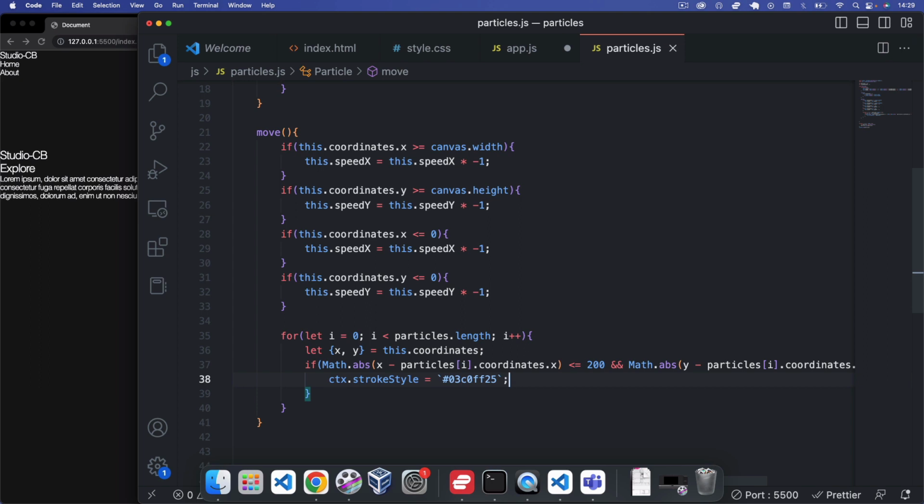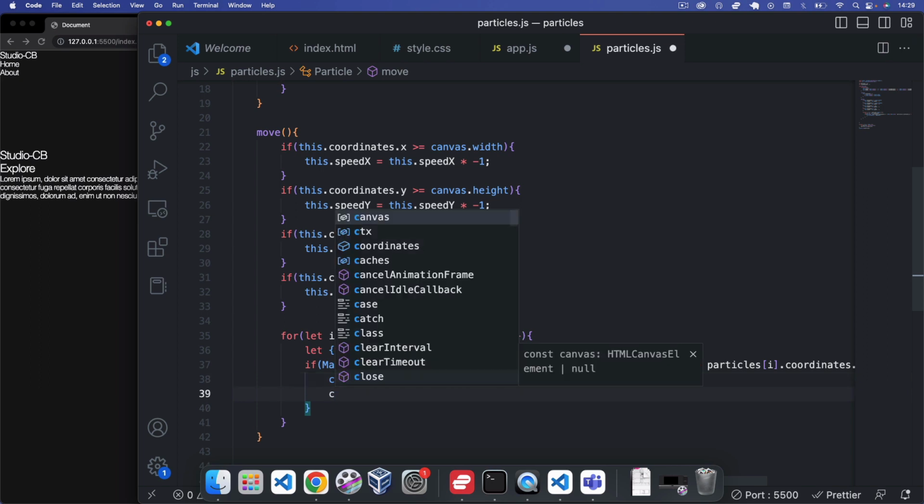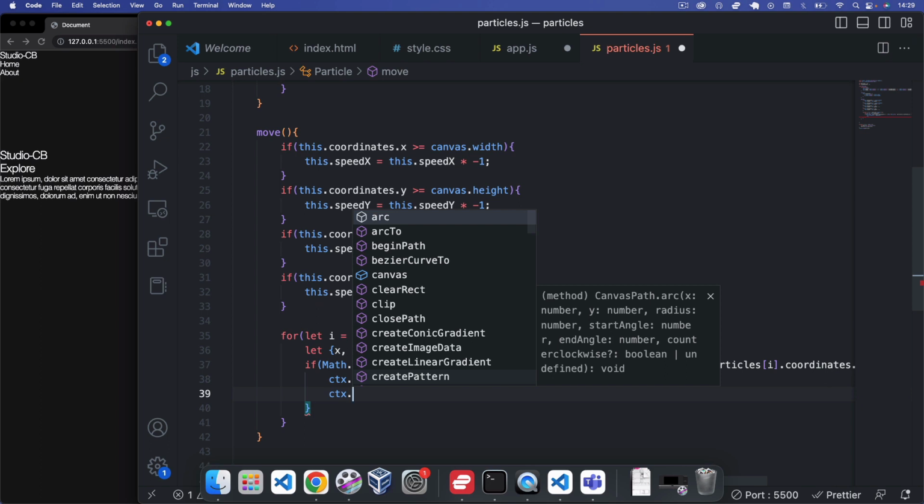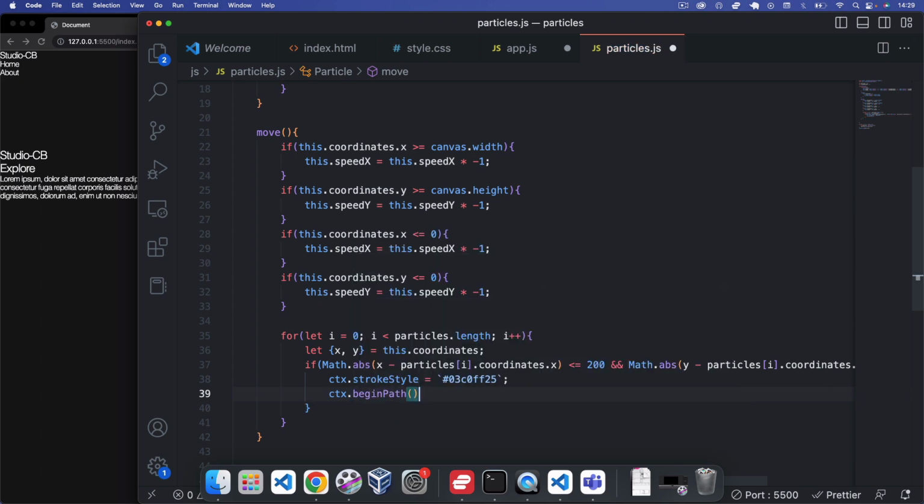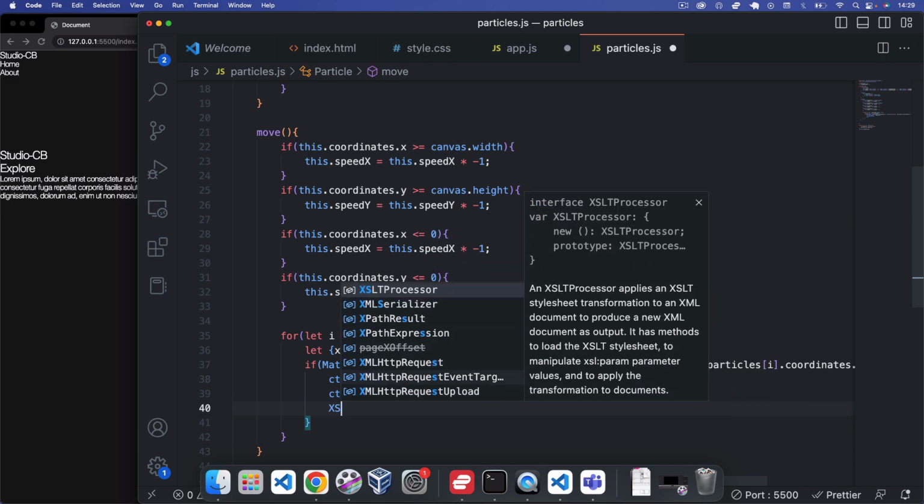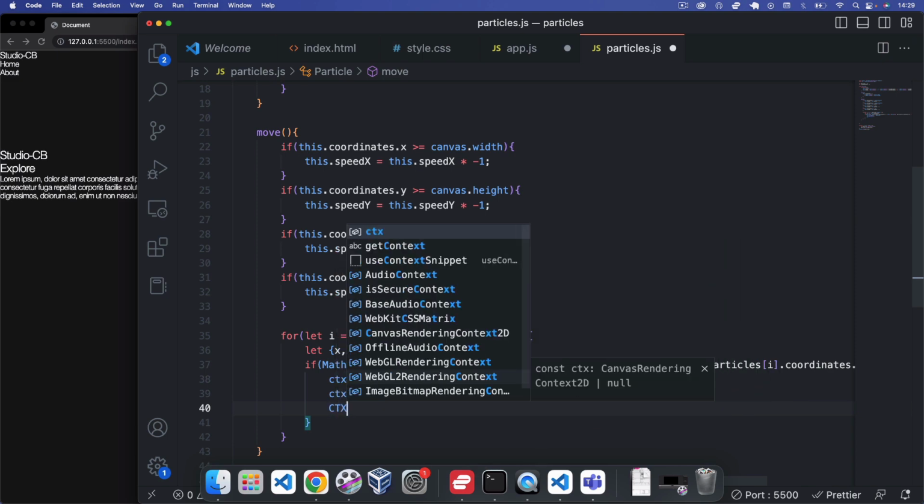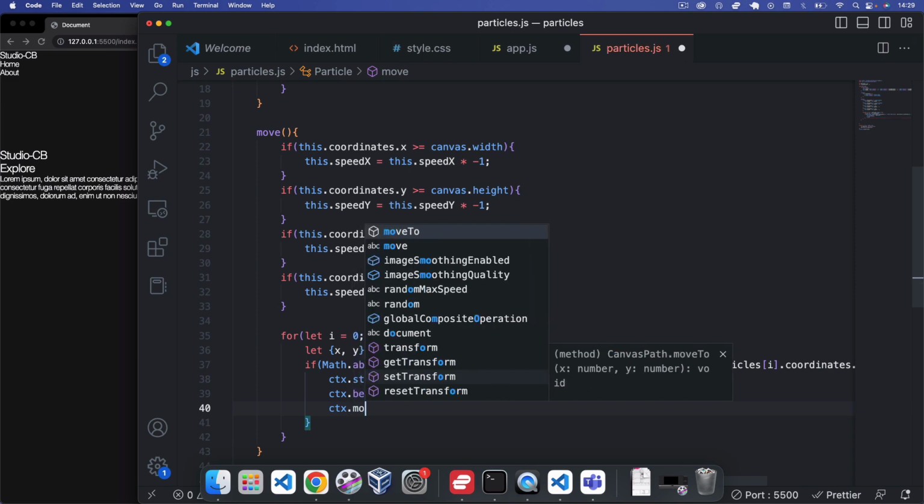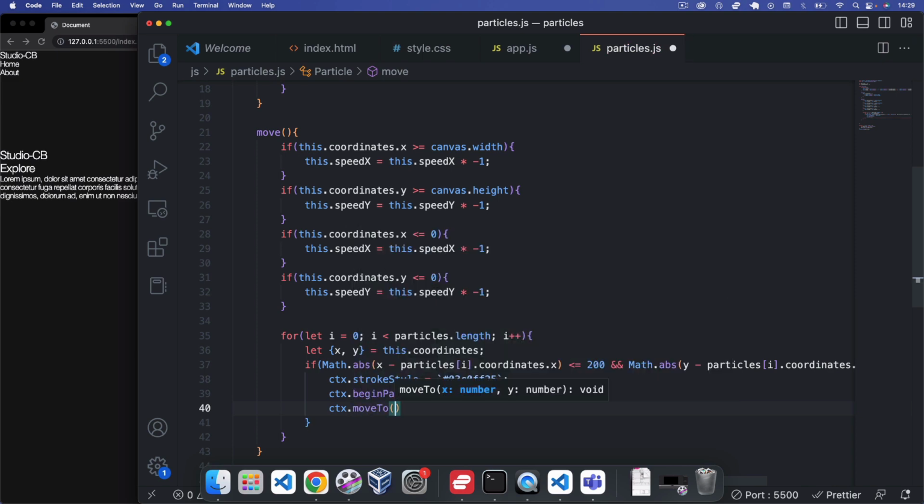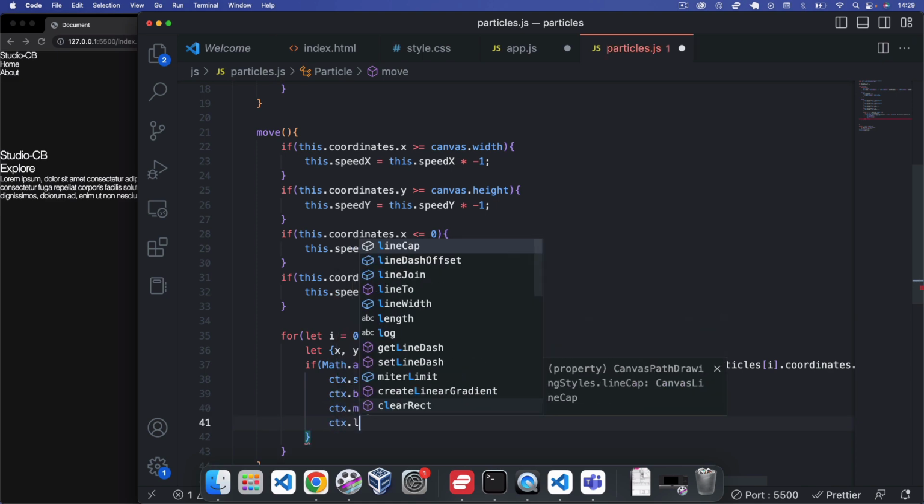Okay, and then under this we're just going to say ctx, and then to begin a line we say beginPath. That's a method built into this ctx object. Then what we want to do is ctx.moveTo, we want to move to the coordinates of the current particle that we're on. So say ctx.moveTo, and here we want to move to the x and the y coordinates that we've destructured here from this.coordinates, and then we say ctx.lineTo this time,